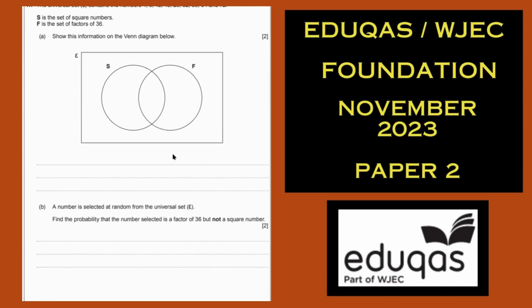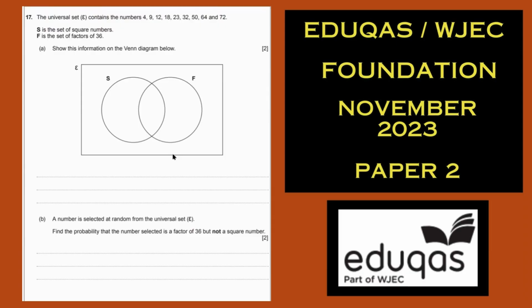Venn diagrams. Never rush these, one at a time. Just read through the list, tick them off as you go. 4, if you need to, by the way, feel free to list square numbers, list a few, list the factors of 20, and so on. What we got? 9, 4s. We need 12, 3s, 24, 2s. List them just in case you do forget. Best to list them in pairs, by the way. But anyway,